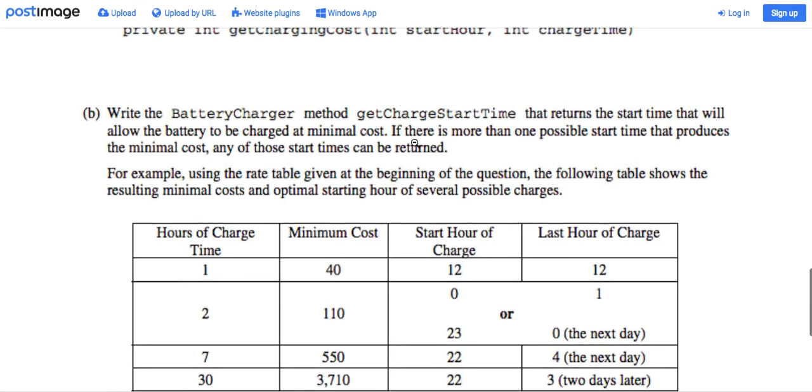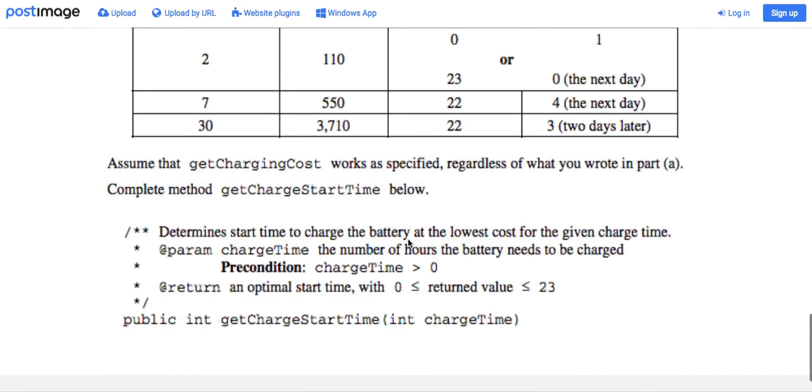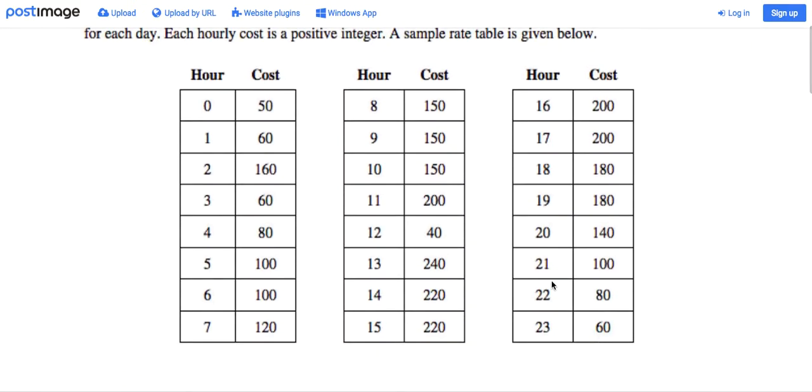get charge start time. And if you read through this, the way that works is the get charge start time should be the lowest cost. So the start time, if you're given, where is it? Okay, so here's the signature. You're given a charge time, and this method should give you back the hour that you should start at in order to get the lowest dollar amount, or the lowest cost. So if we're looking at this chart here, and we had a charge time of 5 hours,